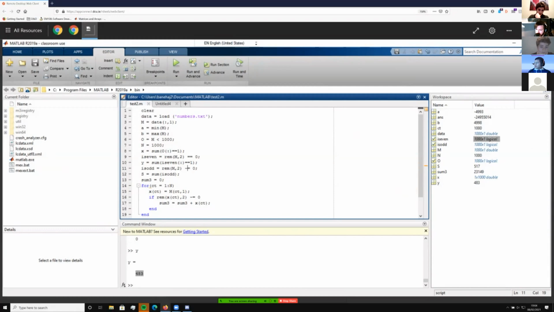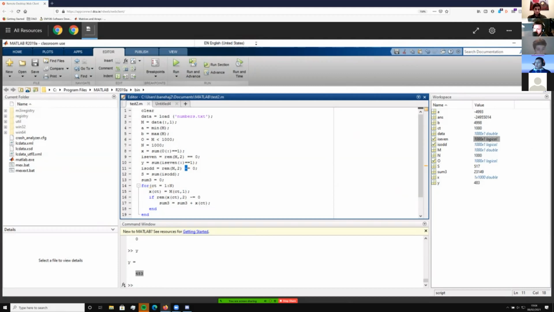Yes, perfect. So this squiggly thing here, if anyone did Spanish, it's the thing that goes above an N. That is the logical not. So in C, if you want to see if something is not equal to something, it's exclamation mark equals. In this, it's that squiggly line that equals. So is odd is equal to any element of the matrix M divided by 2. If the remainder is not 0, well, then the number is odd. So that's what that's doing there.